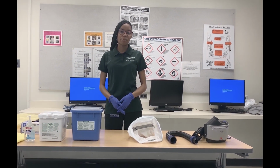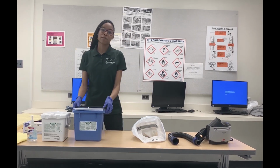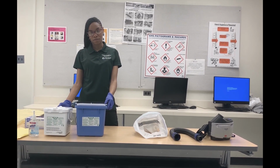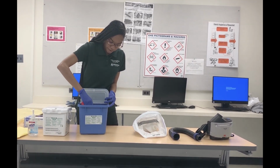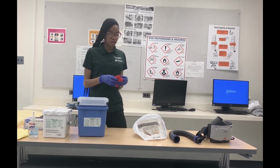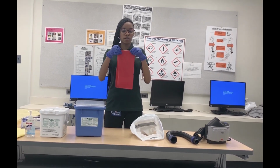Today I'm going to be showing you how to properly clean your pepper and your pepper hood using microfiber rags with KVQ disinfectant and your wet tags also with KVQ disinfectant. When cleaning with your microfiber rag, you want to make sure your rag isn't as saturated. You're going to use a full fold method, folding your rag in a four so you can have 8 sides